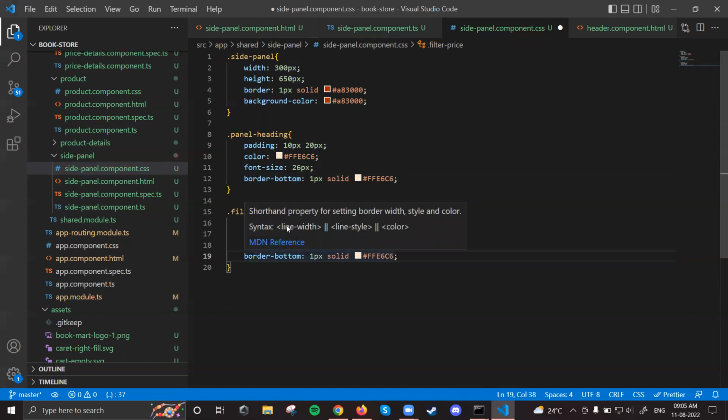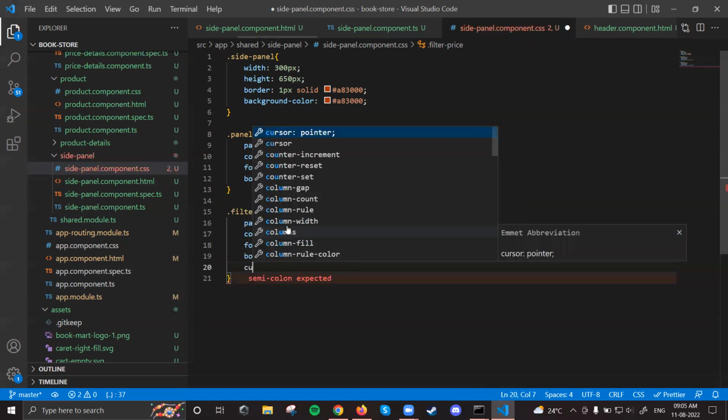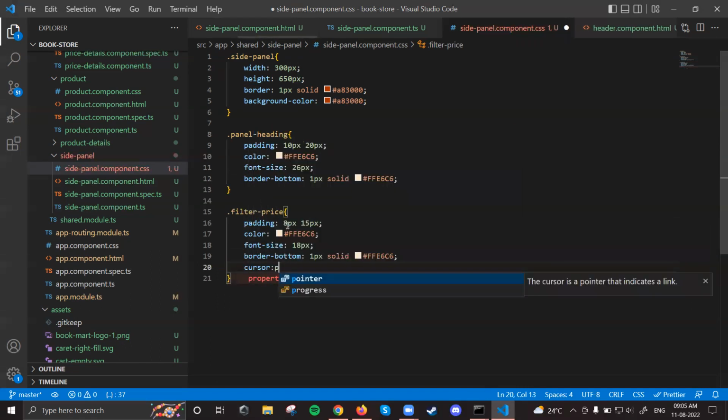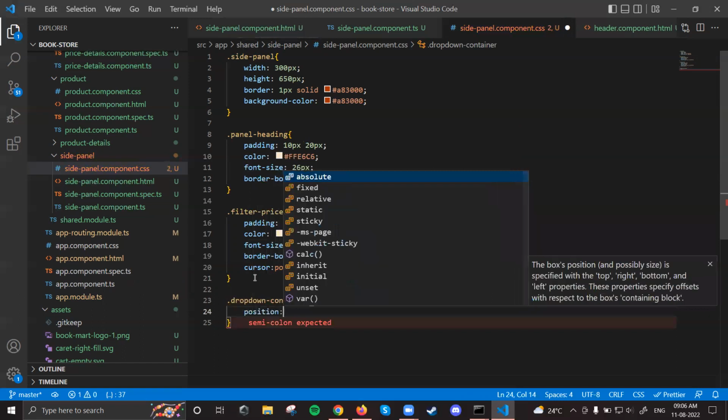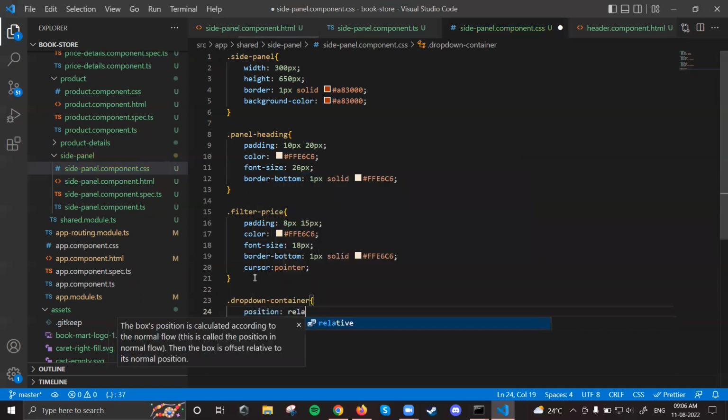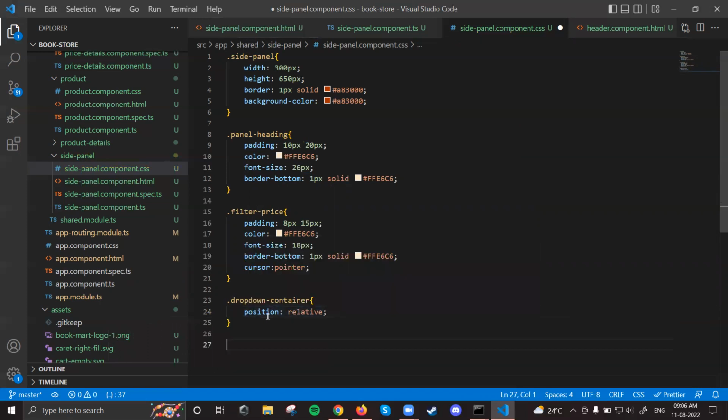That's fine. You can add one cursor pointer as well if you want, just to show it. Then we have the drop down container. In the drop down container, you can put position relative. Then in the drop down list,